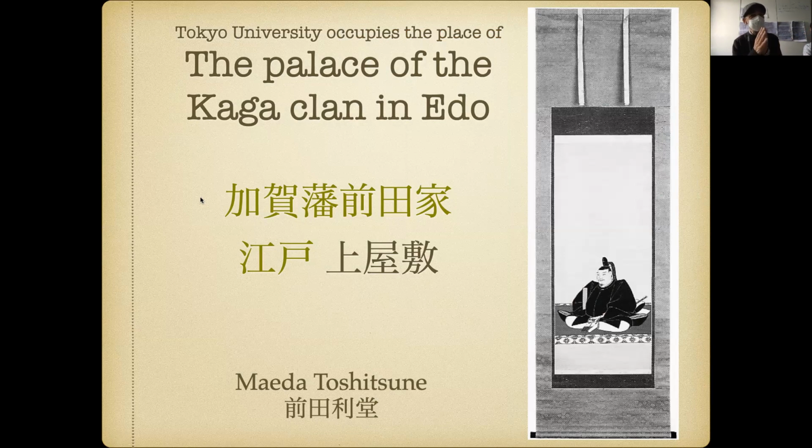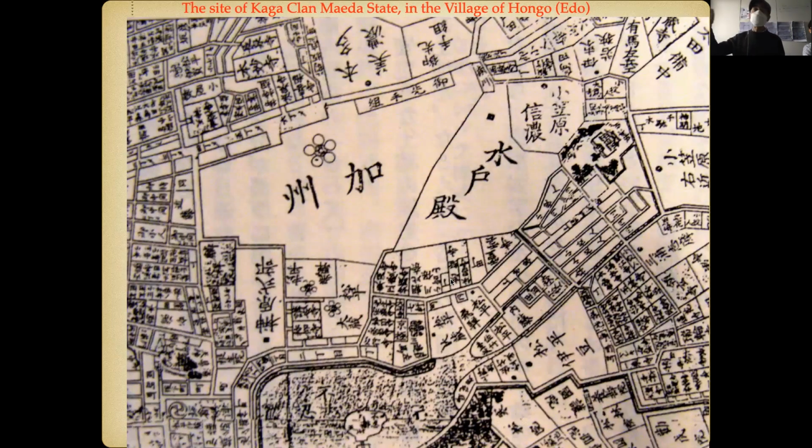Okay, so one thing which is interesting is that the campus of the University of Tokyo has a lot of history. Actually, it is the palace of one of the lords, one of the samurai in Edo. The Edo period is more or less similar in terms of history to the Choson period here. It defines the modern personality of a country, the last historical period. Well, you have the Kaga, one of the important clans, and Maeda put his palace in the center of Tokyo. So this is a historical map of that time.